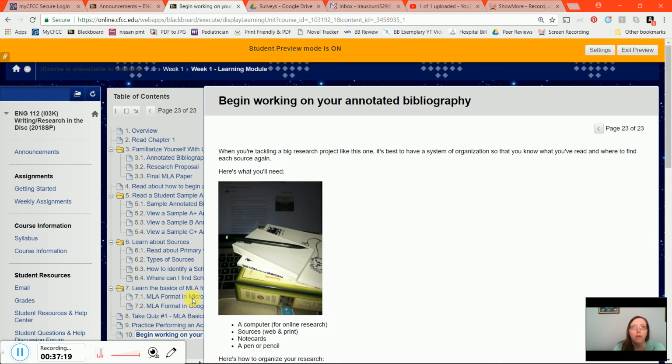That's the whole point of this. So it's okay in your annotated bib to have a source where you say, here's the source, here's the summary, but I actually don't think I'm going to use this in my paper, and here's why this source is not going to be effective for me. As long as all of your sources aren't like that, there's no problem there.